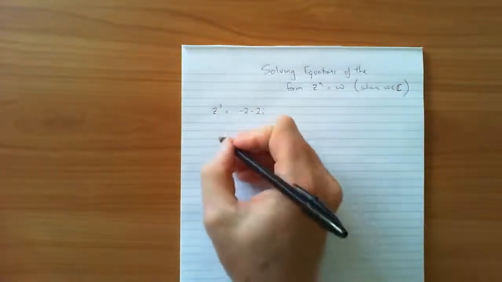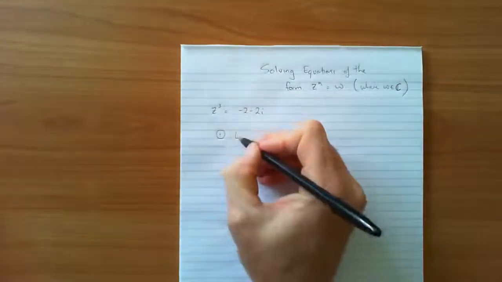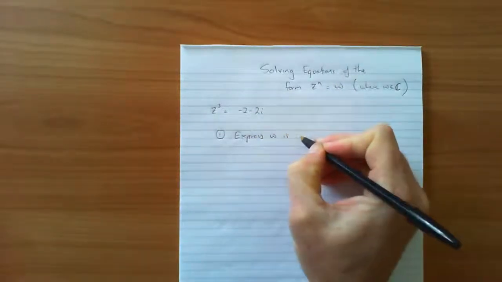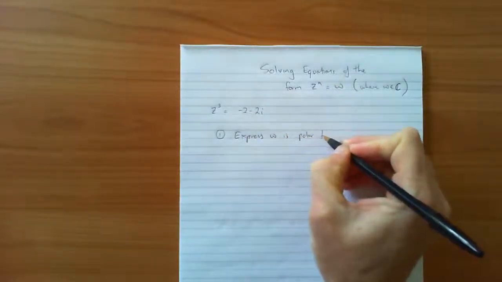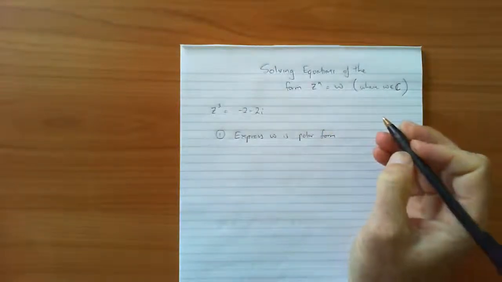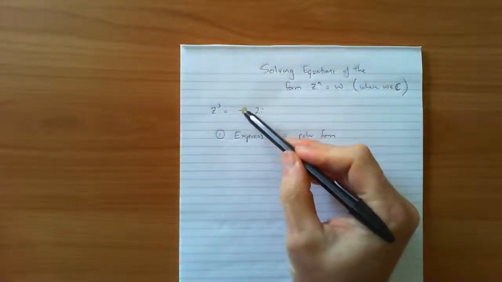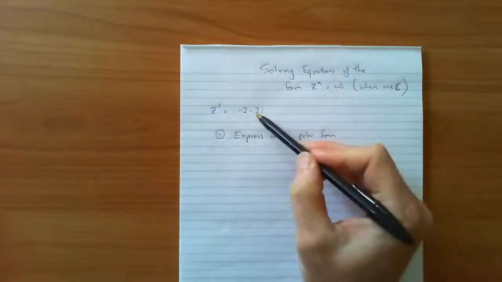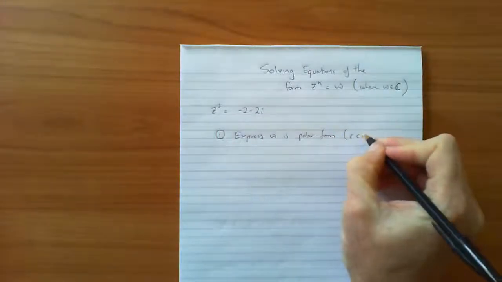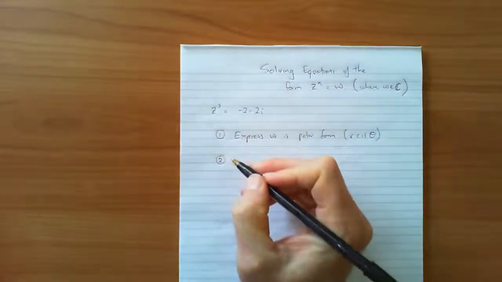So step number 1: if we're solving z to the n equals w, we need to express w in polar form. You can see how important those earlier lessons in this unit were. In other words, we'll need to express the negative 2 minus 2i, that's the w in this case, in polar form. That is r cis theta. Step number 2, we need to